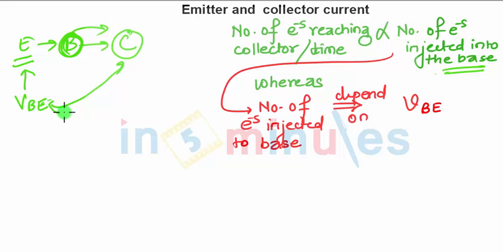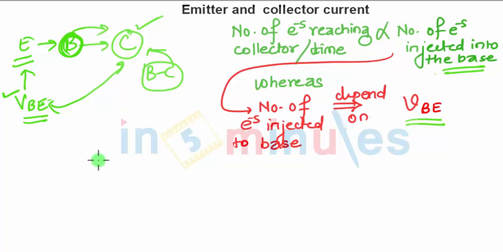So what we can say, the collector current is dependent on VBE. Finally, the base collector junction will affect the current less as compared to the base emitter voltage. So we are considering the dependency of the collector current more on the base emitter voltage. So you can see that the BJT, bipolar junction transistor, is a voltage controlled device because we are controlling the output current with the input voltage. Hence we can call it a voltage controlled device.